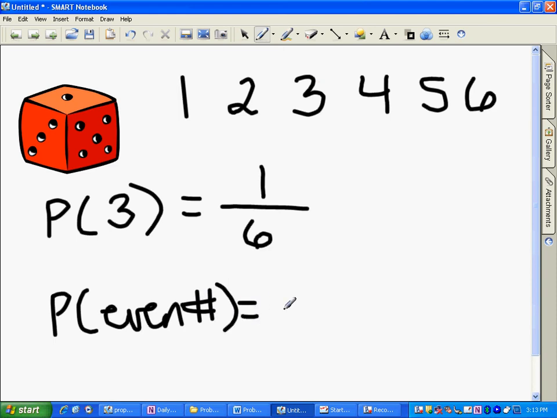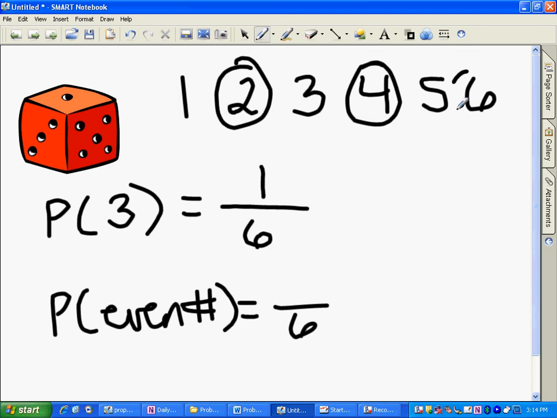The probability that I'm going to roll an even number. Again, I have 6 outcomes on a standard number cube. Out of these 6 outcomes, I have 1, 2, 3 numbers that are even. So because I have 3 numbers that are even out of 6, there's a 3 out of 6 chance that I'm going to roll an even number on a number cube. However, because we always simplify fractions, we need to simplify this. So we're going to simplify 3/6 to be 1/2. So that means that the probability of rolling an even number is 1/2.